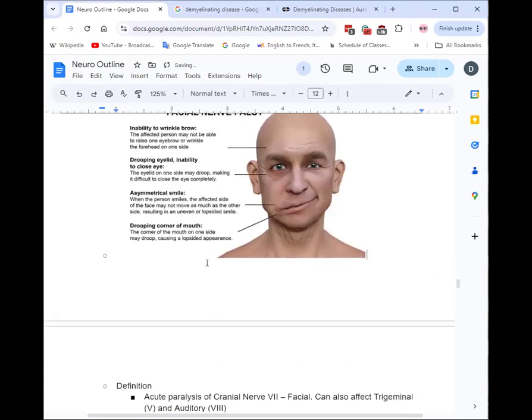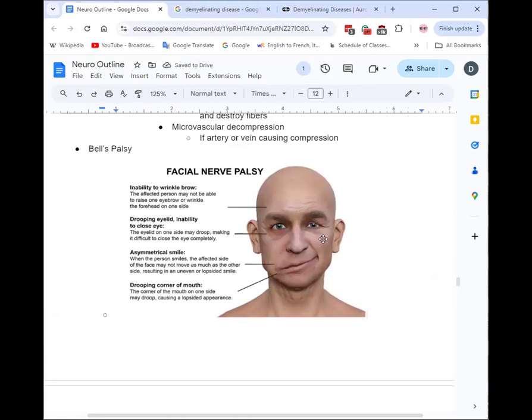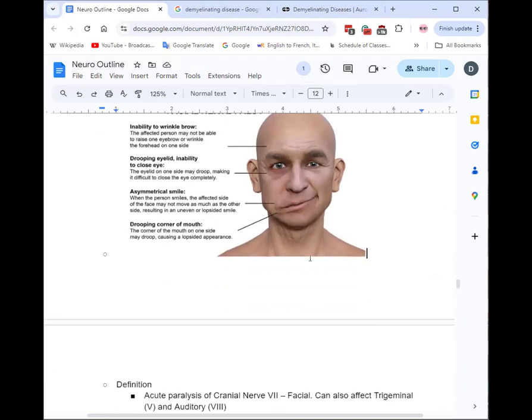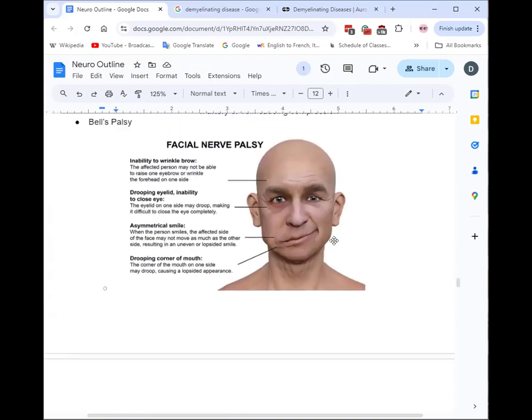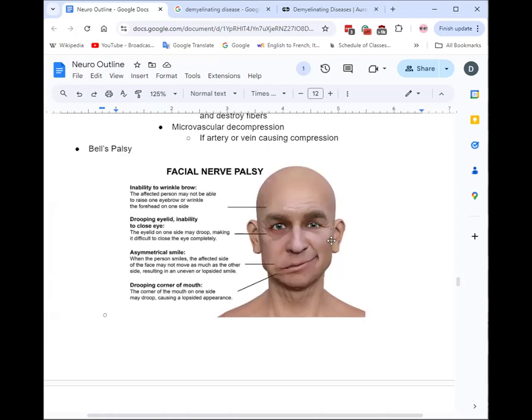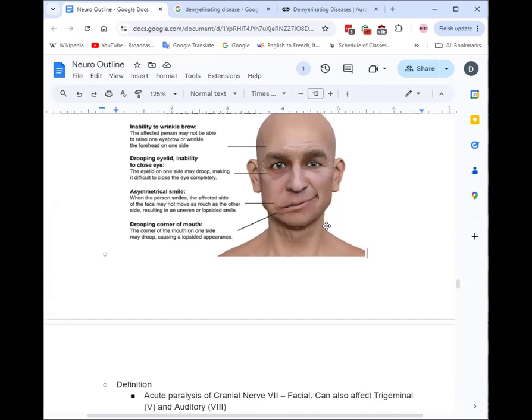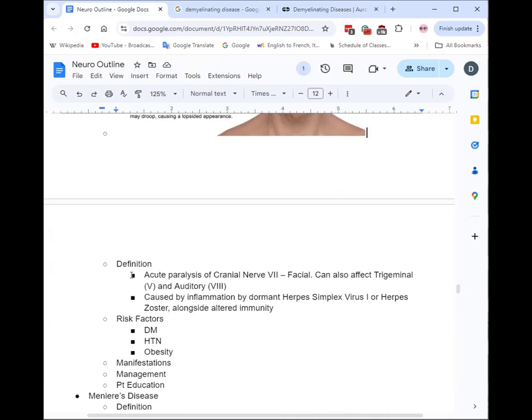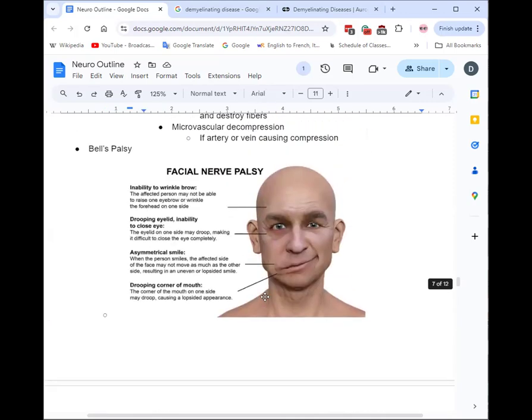So here is this guy with Bell's palsy. This picture kind of shows it. It almost looks like someone's having a stroke. It's basically a stroke-like facial appearance without obviously having a stroke. It's just because your facial nerve is being impacted. It's acute paralysis of that nerve, so your face can't do all the movements you're normally able to, because that's the cranial nerve specifically there for movement of the face.